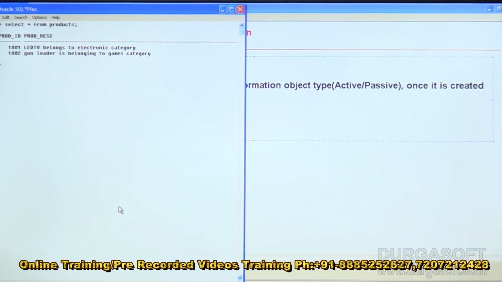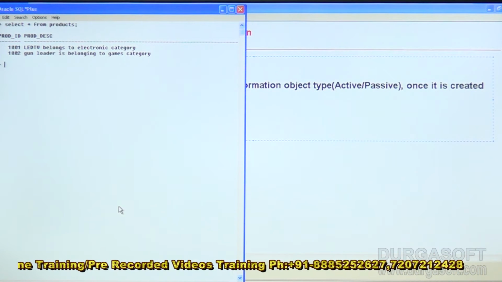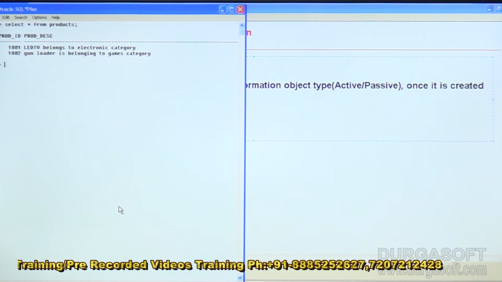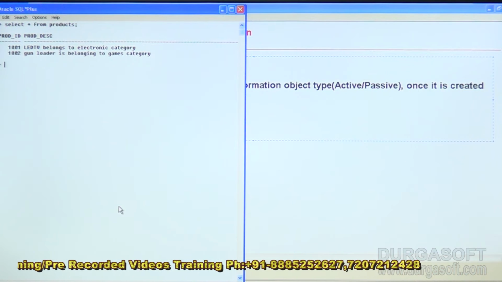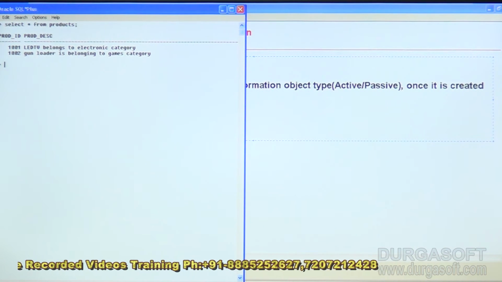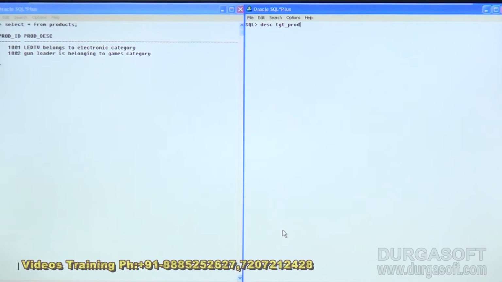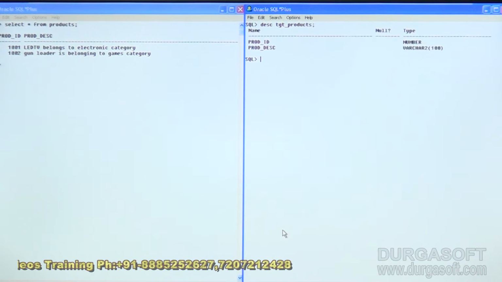Like 1001, description is LED TV, belongs to electronic category. Second record 1002 product ID, description is gun loader, is belonging to games category. Now, my requirement is this data should come into the target table. Into this target table,